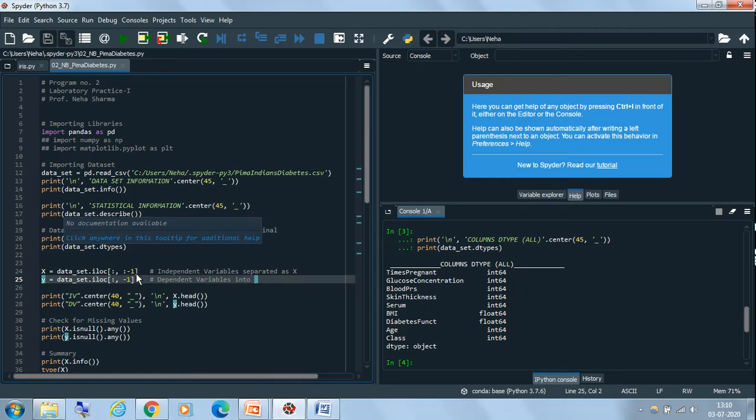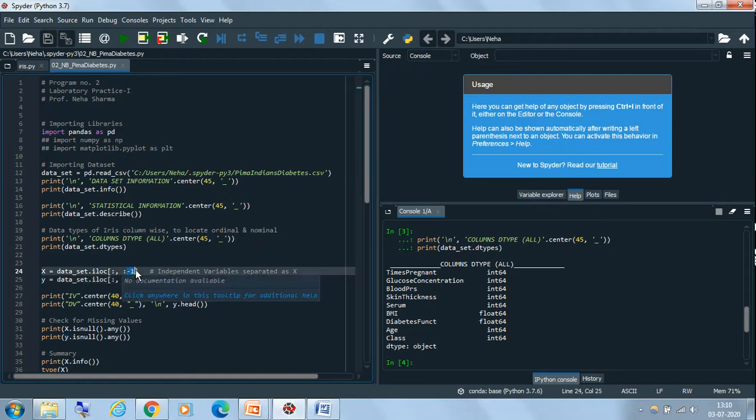In this case we want to include all the columns except the last column, because the last column is for our output variable, or the outcome variable, or the response variable. So I don't want to include the last column, that is why -1 is mentioned here; -1 indicates we have to exclude the last column.